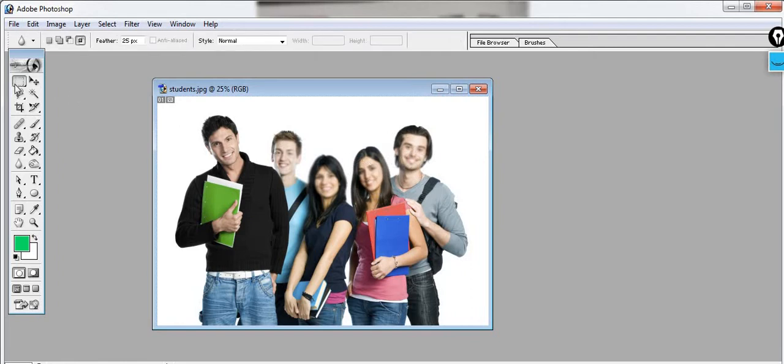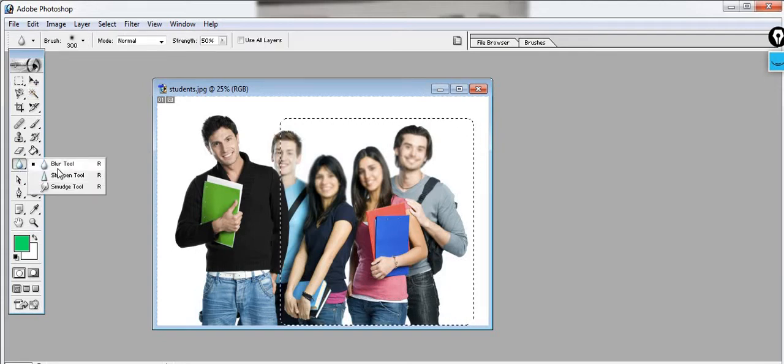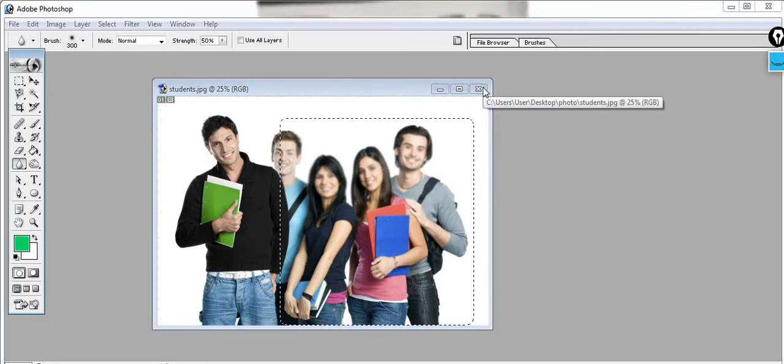Or suppose you want to make something more sharp, so you can select that particular portion, and then you can click on this blur tool and make it blur, so that it will not disturb the figure which you want to be highlighted. So this is the use of this blur tool, to make the picture blur. Now next, wait a minute, it is hanging. Okay, now next, this blur you understood, right?